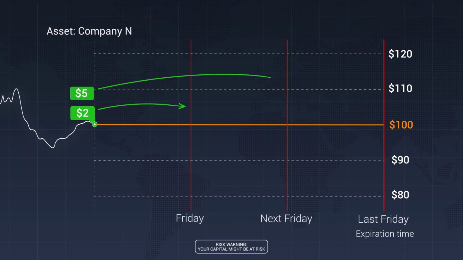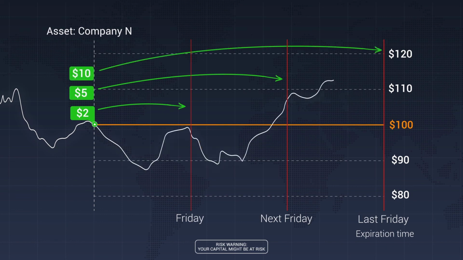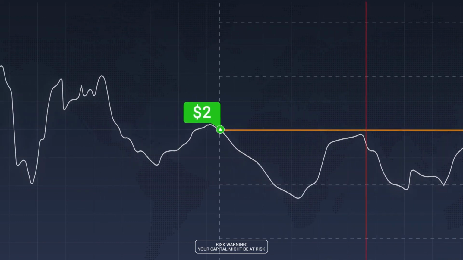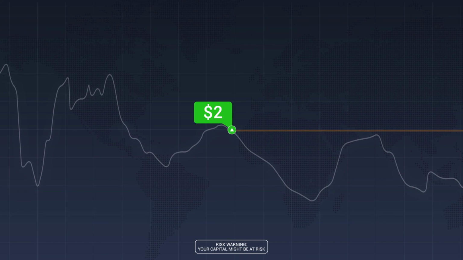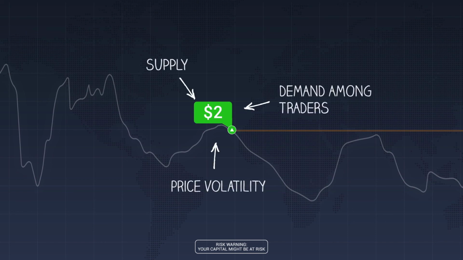The farther the expiration is from the current date, the more likely the price of the asset will move in the direction the buyer wants, so the more expensive the option. The cost of options is determined by the market. We use 13 option exchanges. Market conditions depend on a combination of many factors: supply and demand among traders, price volatility in the past, time to